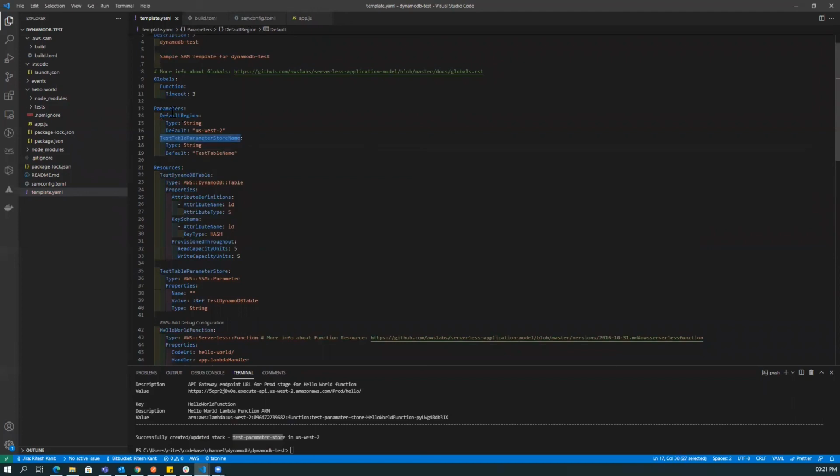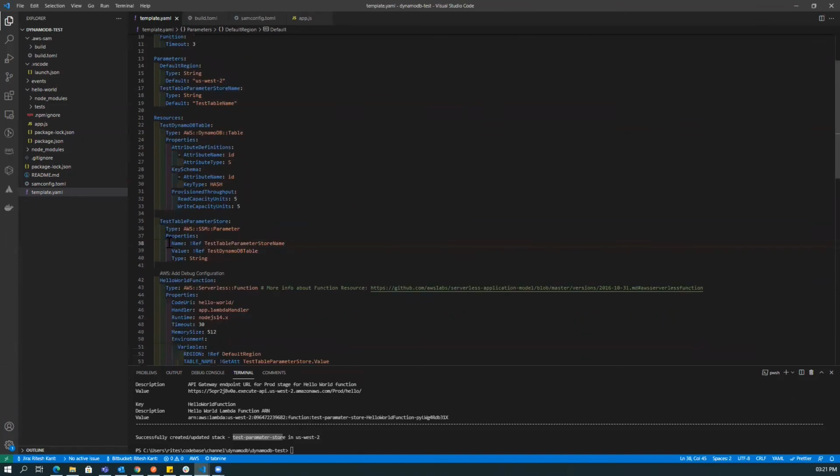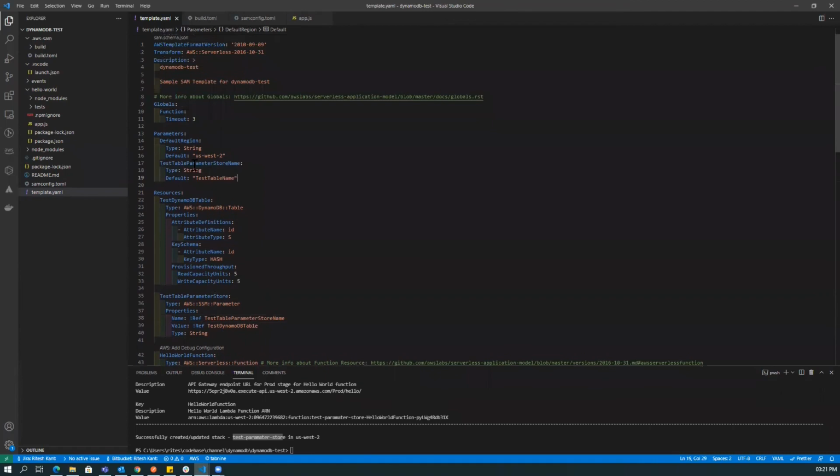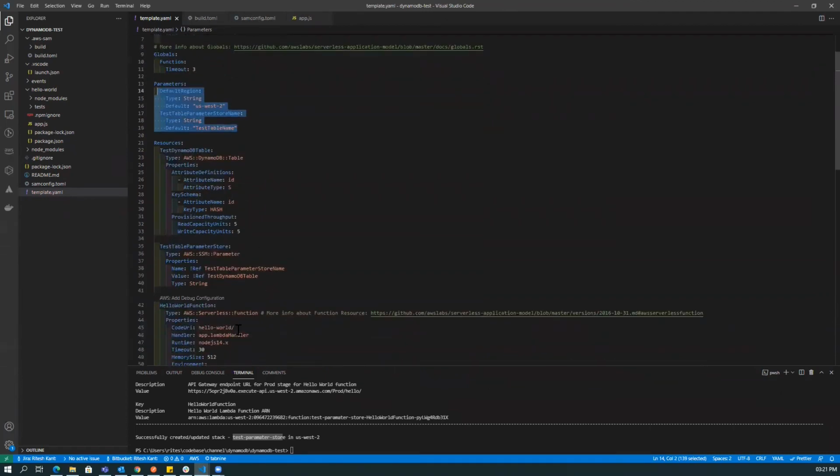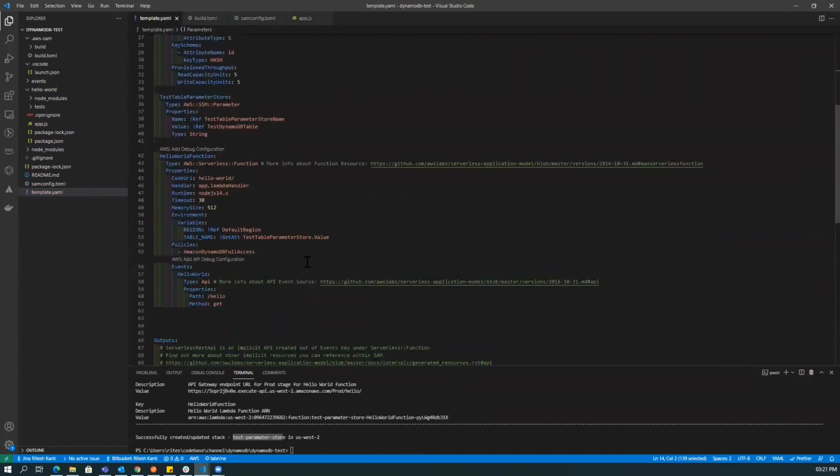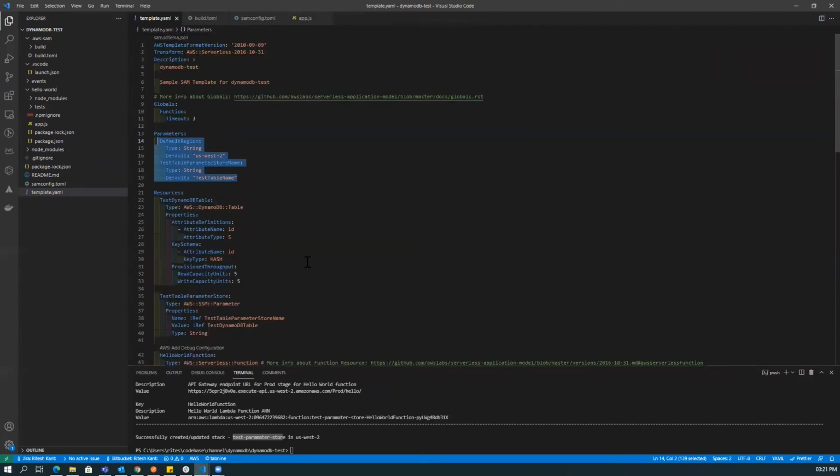So we have created one more parameter, and I will refer to it right here. This is how we can move our hard-coded values from here to either an SSM parameter, or we can centralize them on the top of our template YAML, so that our hard-coded values will not be scattered throughout our template YAML.